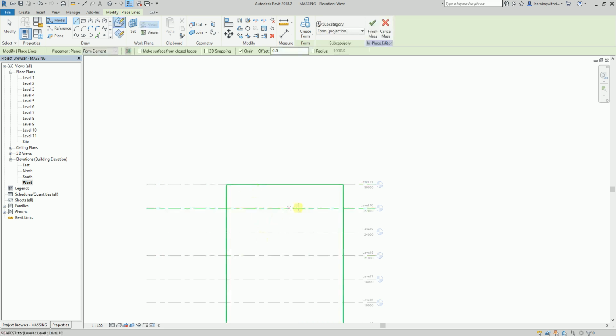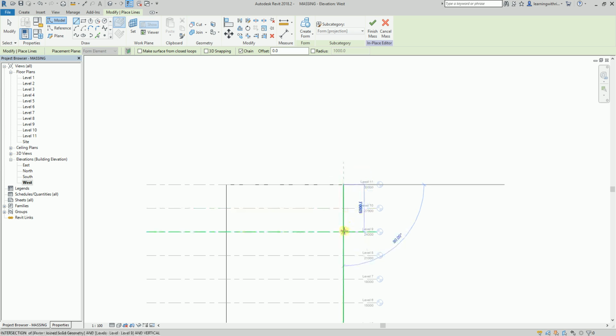All right, so the work plane is now here. So I am now ready to create the profile. So I'm going to select this. So I'm going to pick here. I'm just going to, all right, so just make sure chain here is checked. So I'm going to pick here,